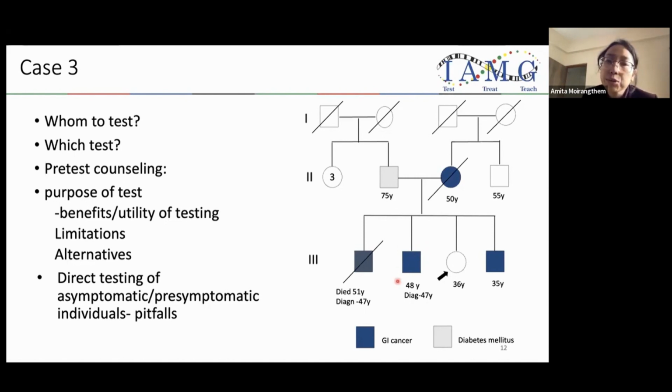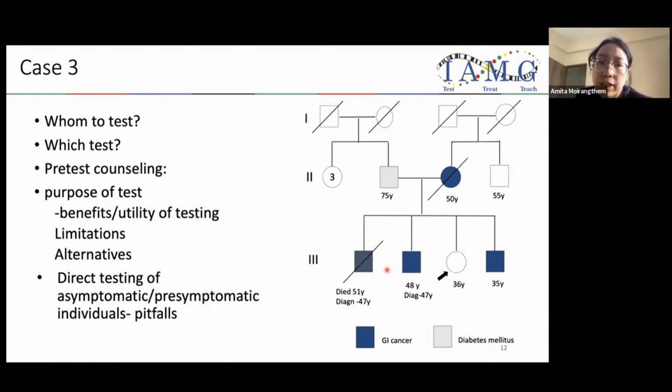Once we decide whom to test, which test to actually go for depends on what you are looking for. In this particular case, we are looking for hereditary cancer syndromes. So we can limit ourselves to only testing for those genes in the form of an NGS panel, or we can go for exomes. The wider test may increase the sensitivity of picking up the cause, but it may also